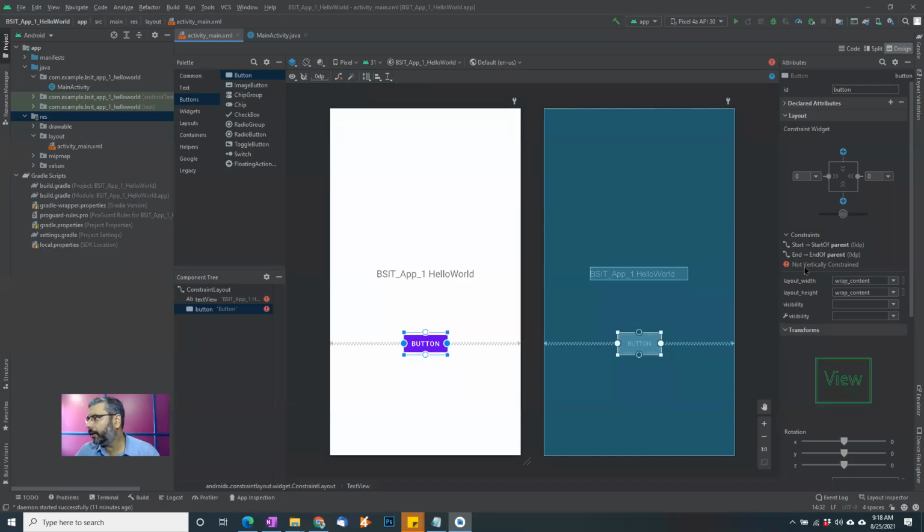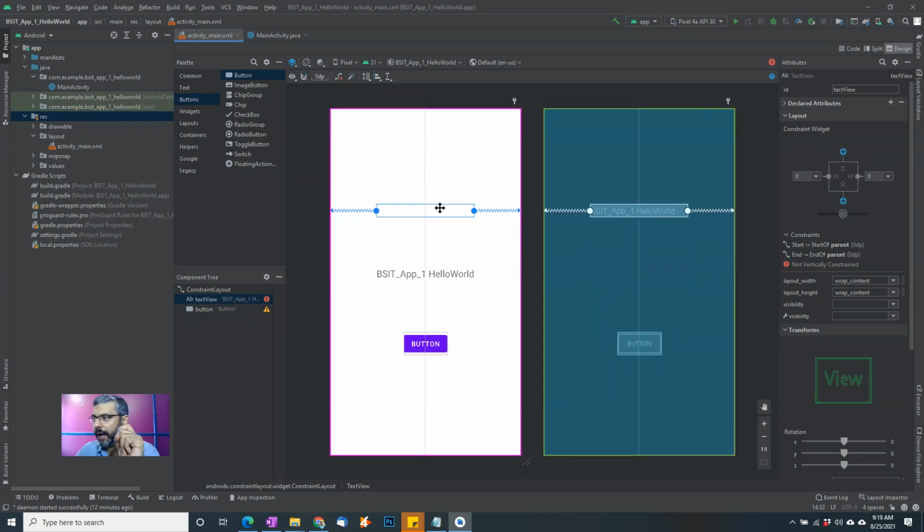I think not vertically constrained. So see this, there is a red dot here. This indicates that there is still some problem with the layout. If I come into its panel, it gives me an issue, error here, not vertically constrained. So basically means that it is on left and right, but it doesn't know where it stands vertically. So I can come here and click on this plus icon. It will vertically constrain this component with its current location. So you can click on these plus icons as well. So if I select this button here, it says not vertically constrained.